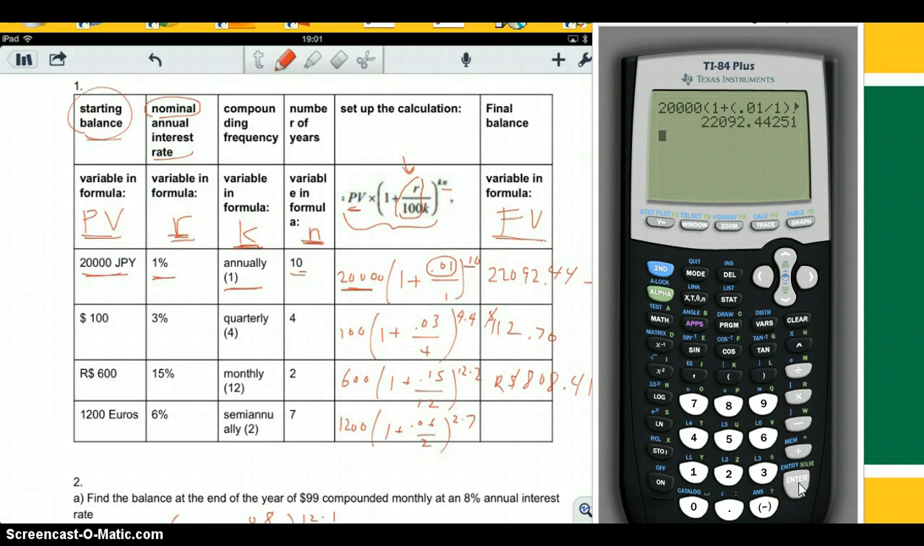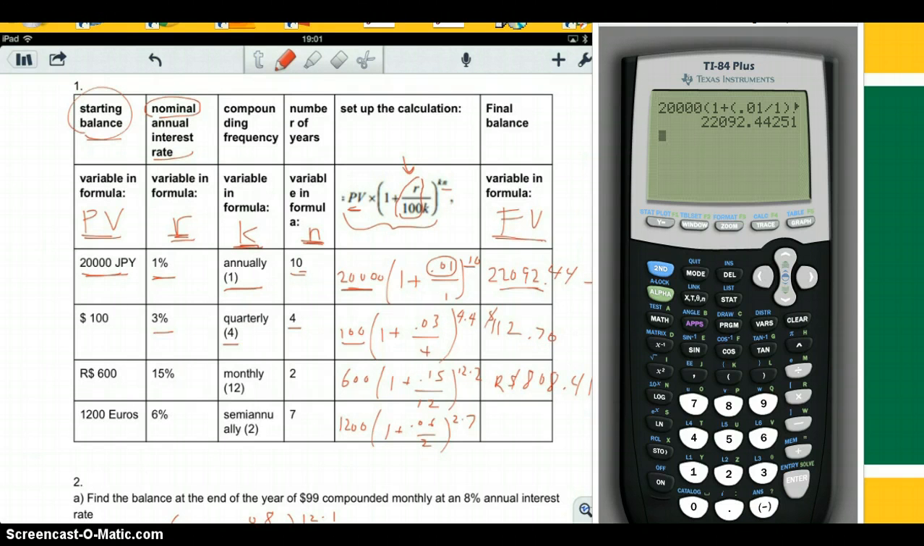Okay, and you get 22,092.44. So that's what we have for Japanese yen here. Okay, then we take the example where it's $100 with 3% annual interest compounded quarterly, and N is 4 because it's 4 years. So if you do that, then we have 100 on the left side, and then we have